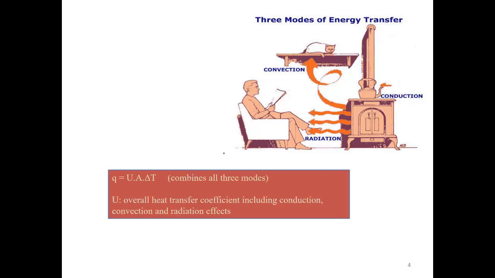And also we'll have radiation. We're not going to go over that again. We have the equation, but in general, if you have all three modes and you don't want to do the three separately, we use what we call the overall heat transfer coefficient U. Then the heat transfer rate Q becomes equal to UA times delta T. The arguments that we made for H apply here. So U is the conductance